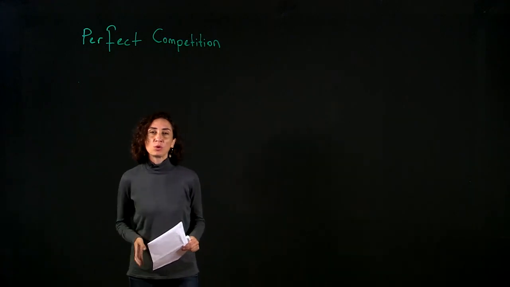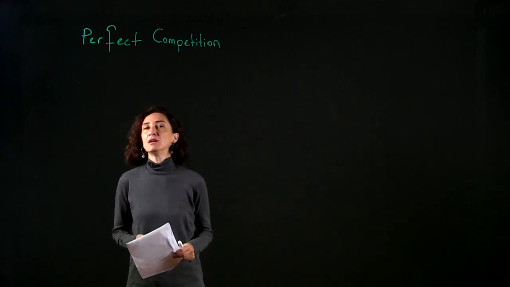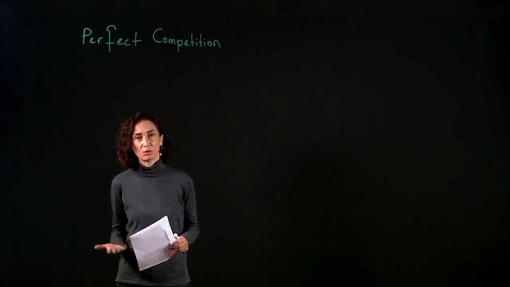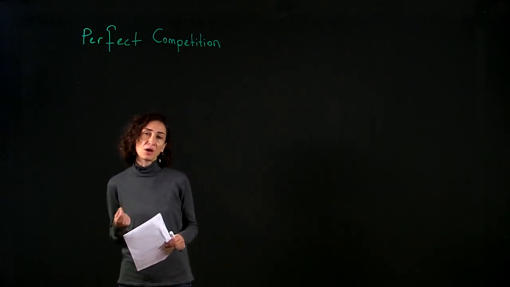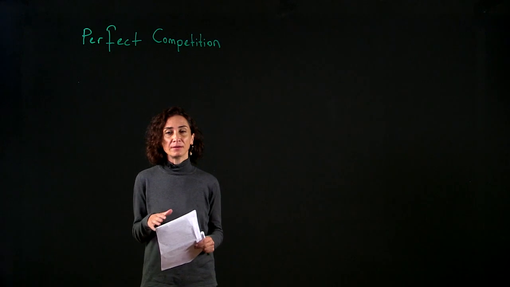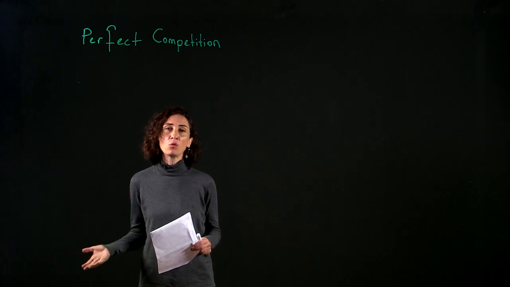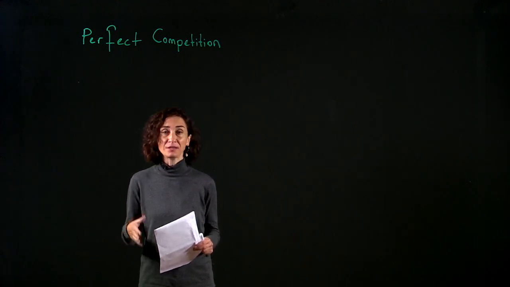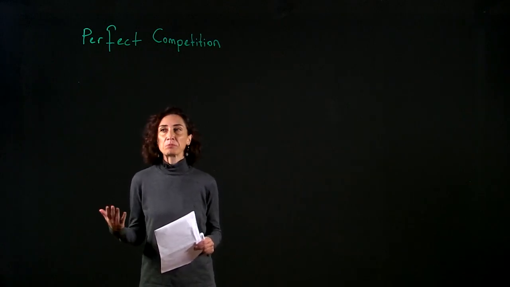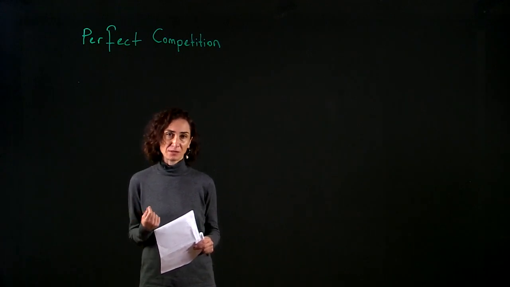Hello everyone. Today we will talk about one of the market structures, perfect competition. So in microeconomics, we analyze specific sectors or industries according to the type of the market structure. So when we say market structure, we are making some observations about an industry or sector regarding how many sellers and buyers there are in that sector, how big they are, and how they make their decisions about profit maximization.